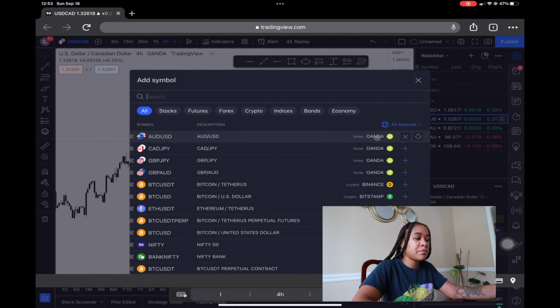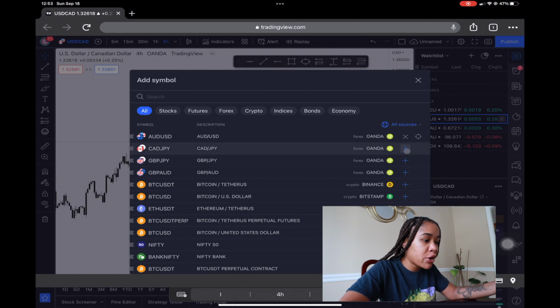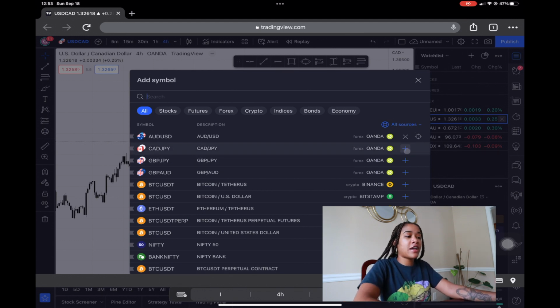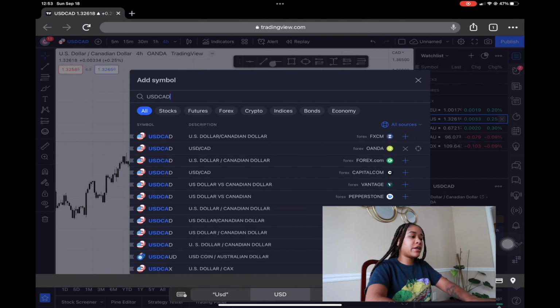All of my pairs are the Oanda ones. You see how there are these different little sources, whatever these are called, I don't know. But I just use the Oanda one. When I first started trading, my boyfriend told me to use that one, and that's just the one that I use. I also use the Oanda app, so it kind of correlates. But anyway, I digress. So you can type in whatever pair,